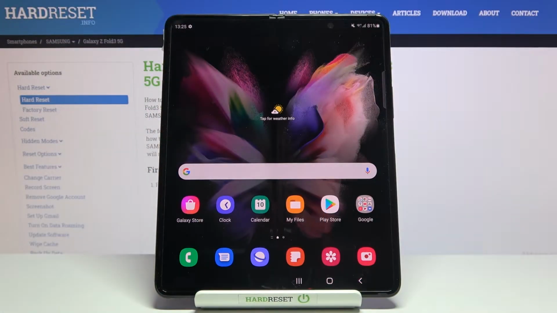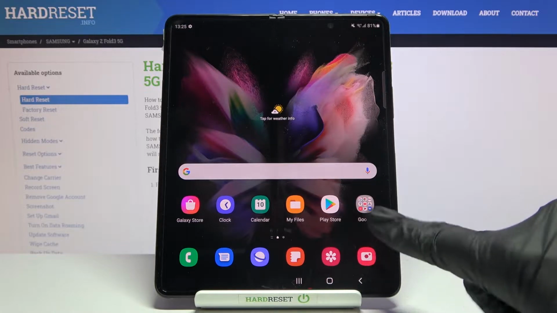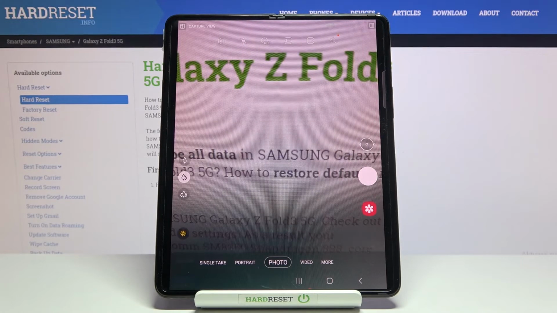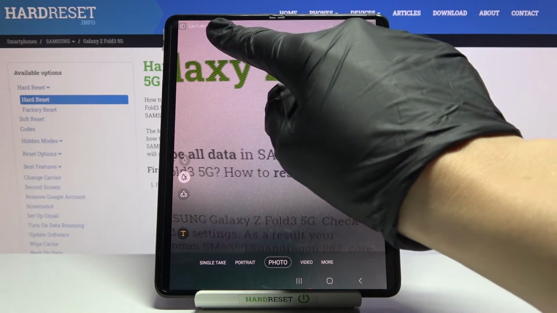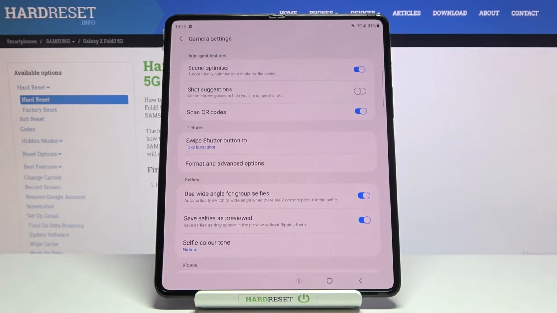Welcome, here I've got Samsung Galaxy Z Fold 3 5G and I'm gonna show you how to turn on and off the camera grid lines on this device. So let's start by tapping on the camera button to open it, and for now we are on standard photo mode. From here let's move to the left side and pick this button in the corner to open the camera